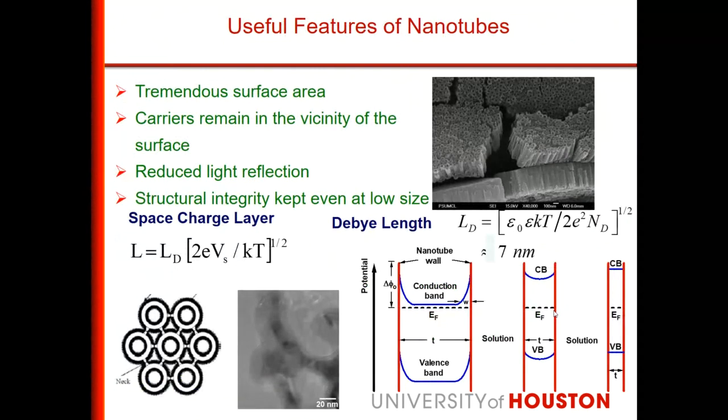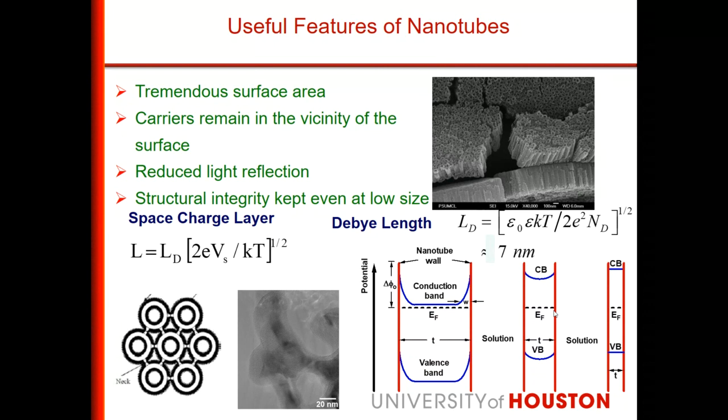Now, why are we interested in the nanotube structure rather than other structures? One reason is that these nanotubes can be attached to a surface, not like particles. Particles can fly away unless we make a paste and make a film out of that. But these nanotubes can be attached to a substrate, so they do not fly away and cause environmental problems.